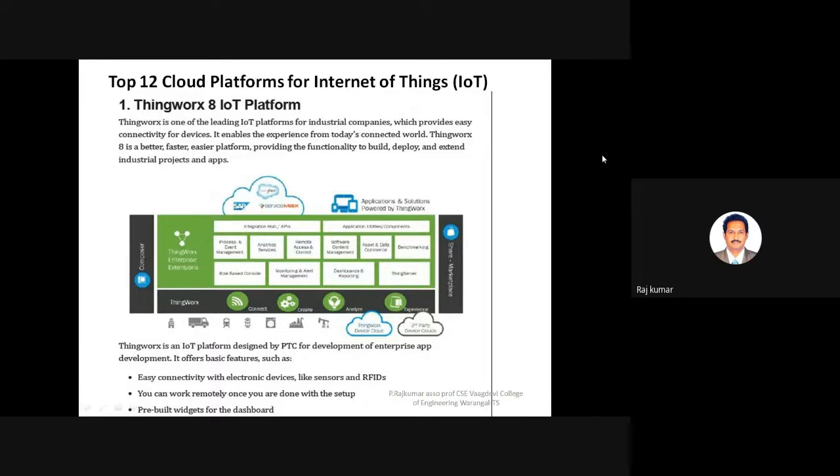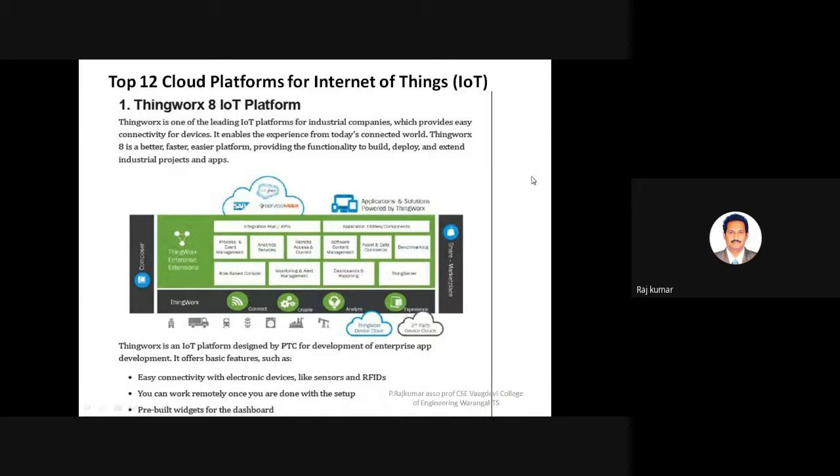In the same way, these IoT devices are so small that they cannot handle huge data, so we need to take the help of cloud providers. There are some 12 cloud providers providing services. Here we have two types of services: one is commercial, and another is for learning purposes, for universities and students creating sample projects like that. So these are the 12 cloud platforms.